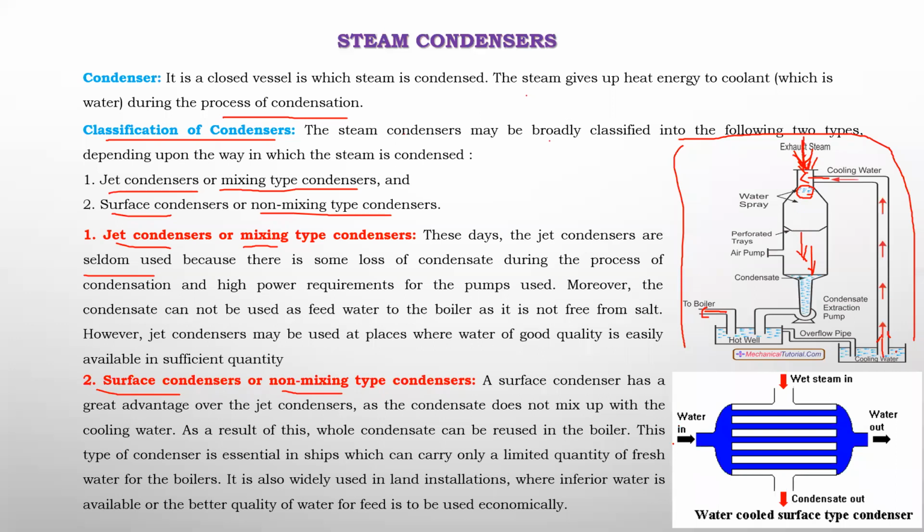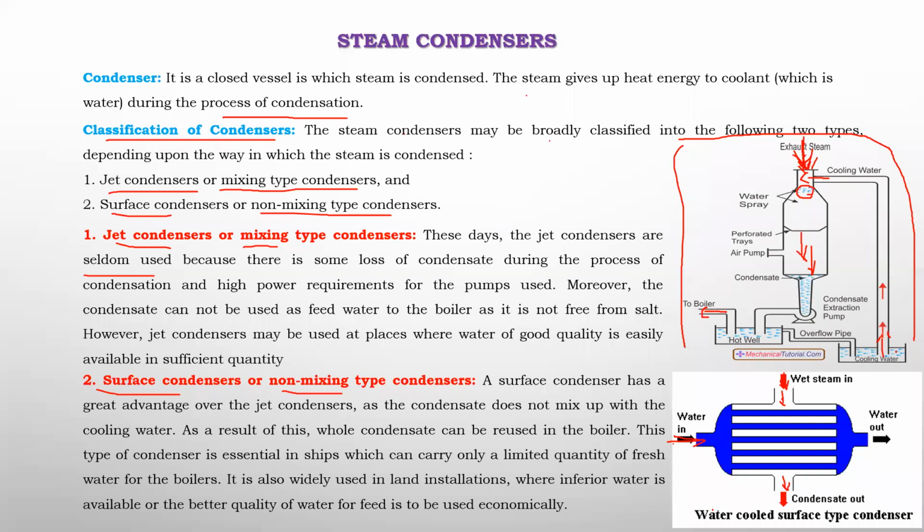If you observe, the cooling water from the cooling tower or from the river is sent through the blue color pipelines, and the wet steam from the turbine outlet, after expansion in the turbine, or a hot liquid, comes in at the top. It flows over the tubes. It won't directly mix with the cooling water, so there is no mixing of water and steam. That means there is no formation of impurities inside the condensate, right? Once this wet steam condenses, cold water is formed.